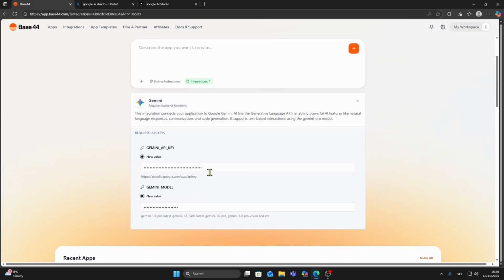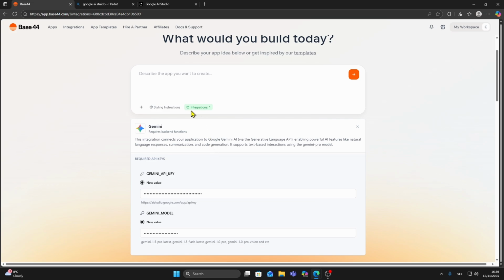And that's how you can connect the Gemini AI integration to Base44. As you can see, it's showing me this green tab which says integrations 1. So now you can start using Gemini in